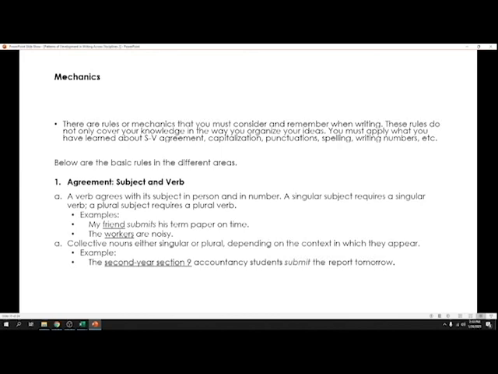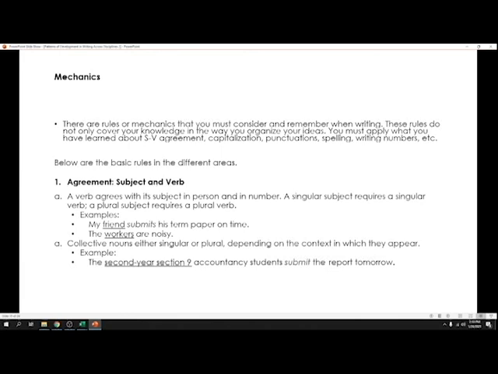Teacher, kapag may S ba, it means singular form ba? Yes. And also, kapag plural ang subject mo, katulad ng second, the workers are noisy. Workers, these are workers naman, hindi na siya worker. So, ibig sabihin, plural. At ang word na are ay plural rin na verb. Kasi, kapag singular ang gagamitin natin, the worker na lang is, hindi na siya are. So, dapat kung singular ang inyong subject, singular din dapat ang verb at vice versa.